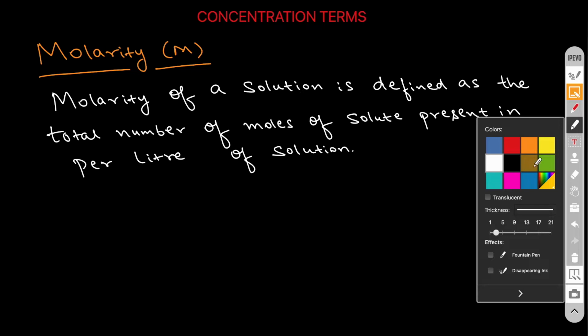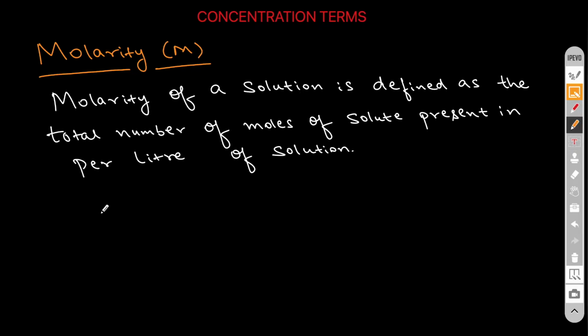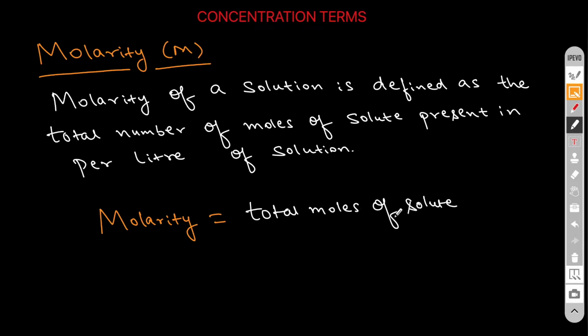So it is basically total number of moles of solute present in per liter of solution. In simple terms, we'll write molarity is equal to total moles of solute divided by volume of solution in liter,